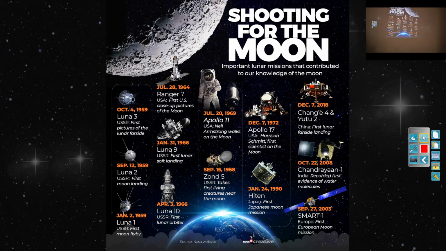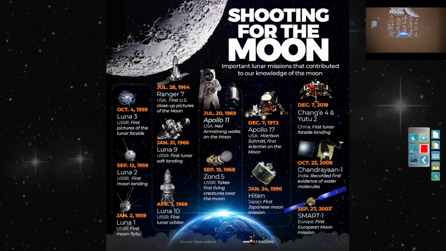And then Chang'e is China's. Whatever comes in the Chang'e series, that is all China's only. India's Chandrayaan series. And Japan also has one mission, Hiten, that went to the moon. So mainly for lunar missions you just have to know the name and which country it belongs to. Knowing particular missions of another country is not that important. Now, Luna is USSR, Russia's, if you know that, that is enough.